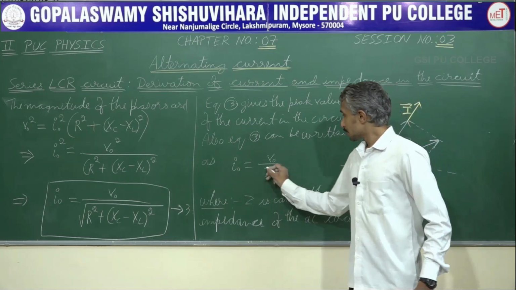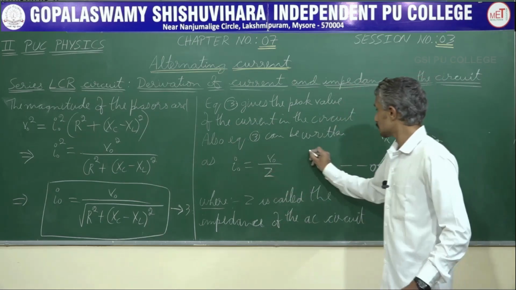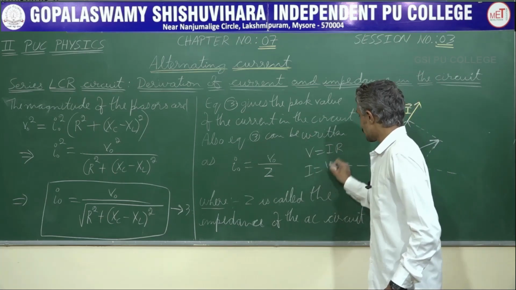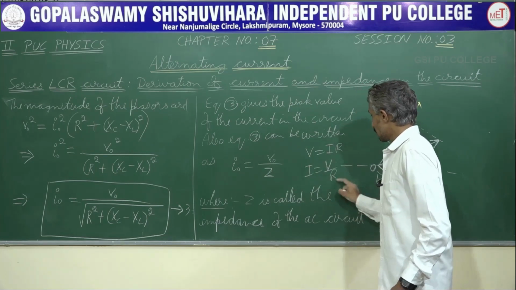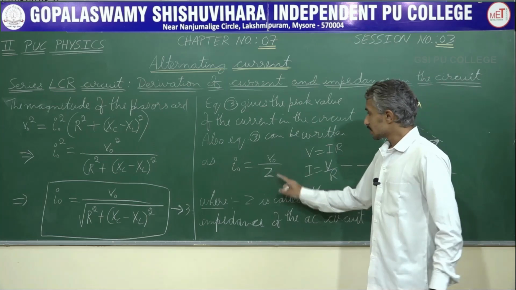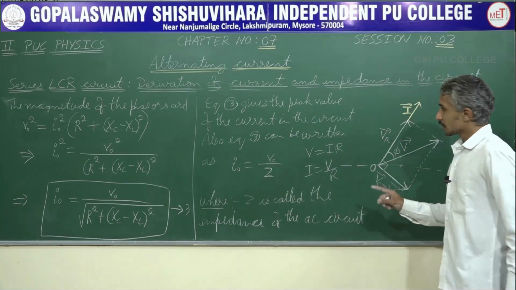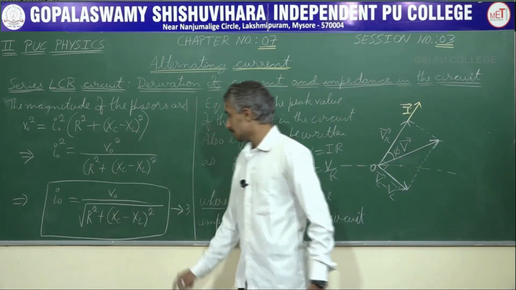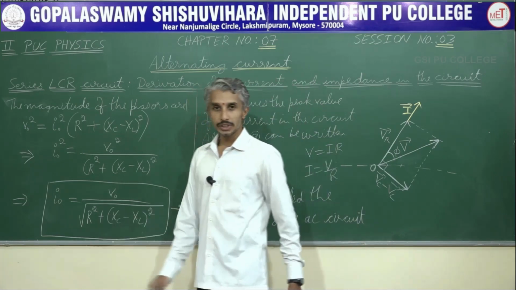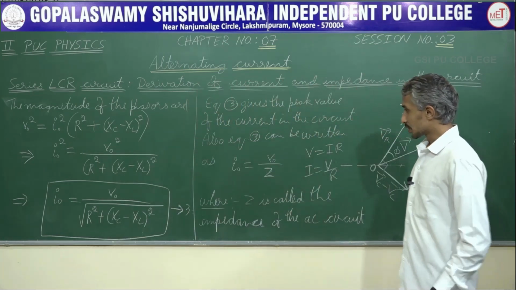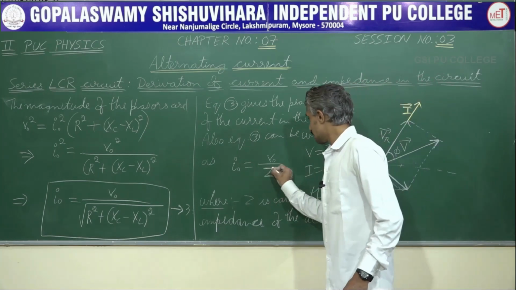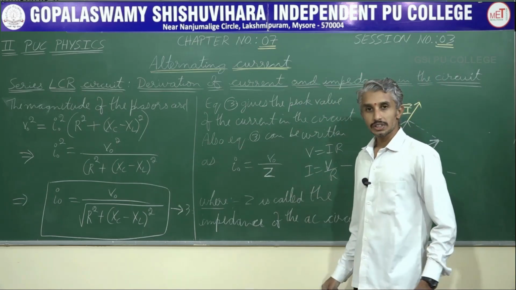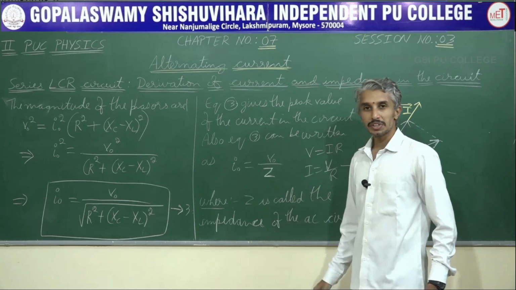So, you may be wondering why we mention this as Z. In a DC circuit, the voltage is given by I into R, or the current is given by V by R, where V is voltage and R is resistance. In an AC circuit, there is not just resistance, there is also capacitive reactance and inductive reactance, also a resistor. There is opposition from 3 components, and the net opposition from all these 3 components is represented by Z, and it is called impedance. We do not use the term resistance for an AC circuit, instead we use the term impedance.